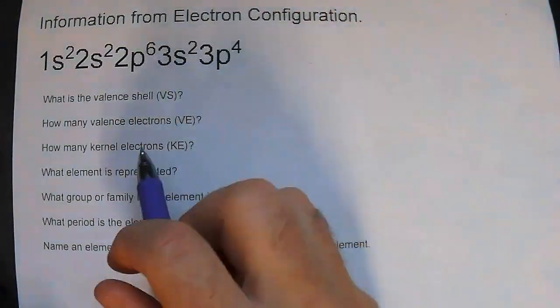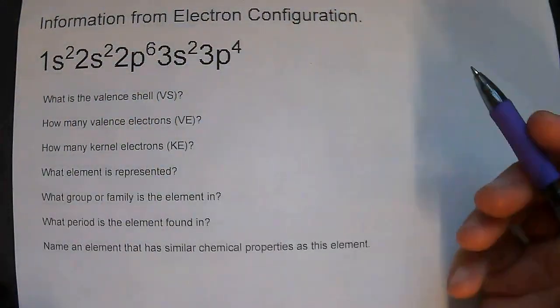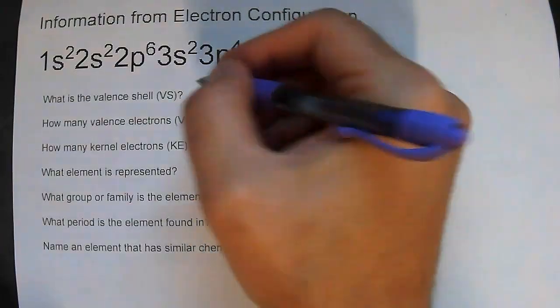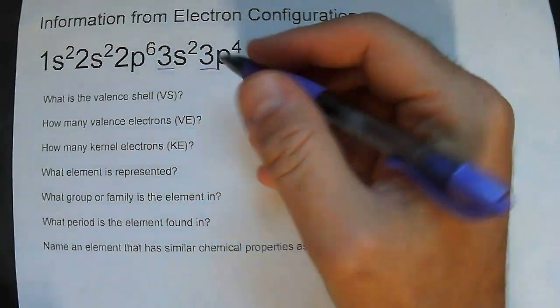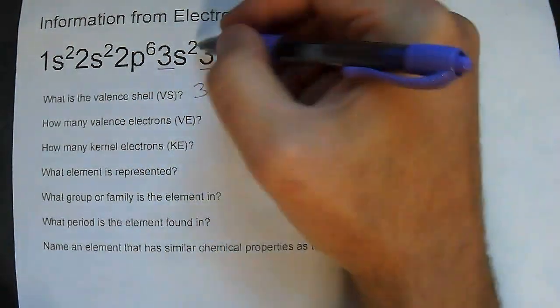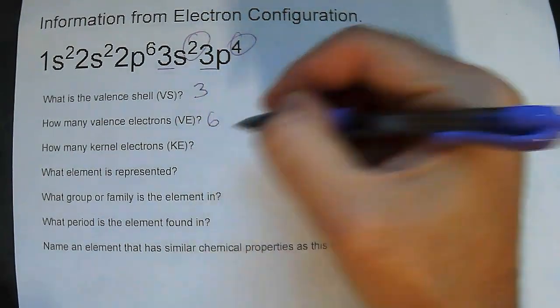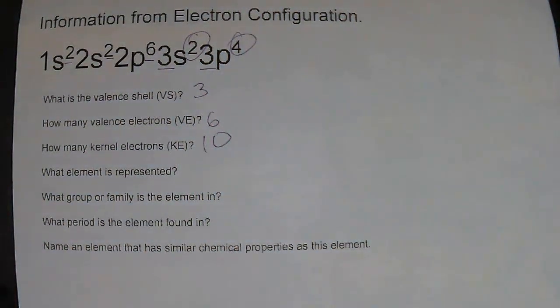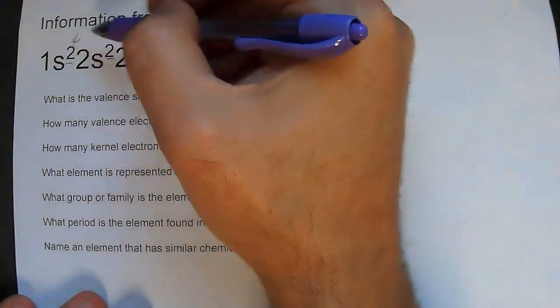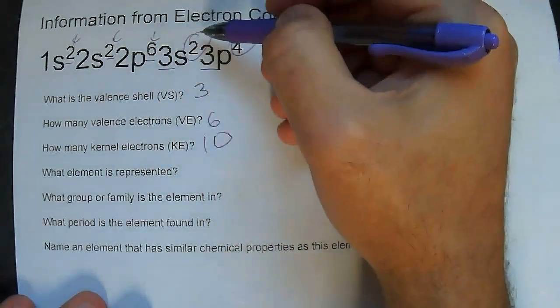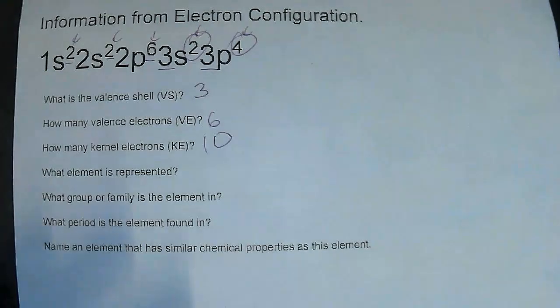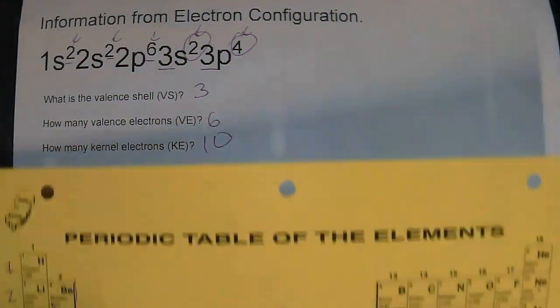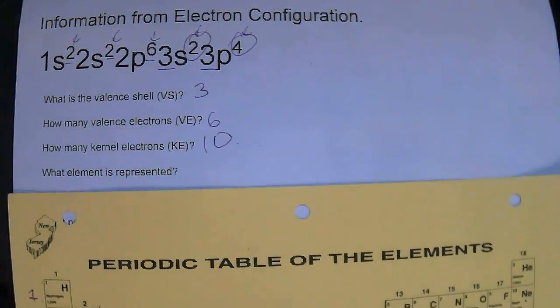We can look at this electron configuration and ask, what is the valence shell? Well, the valence shell is the biggest big number. So the valence shell is 3. How many valence electrons are there? 6. How many kernel electrons are there? Well, that's the stuff that's left over. What element is represented? Well, 2, 4, 10, 12, 16. So element number 16 on the periodic table